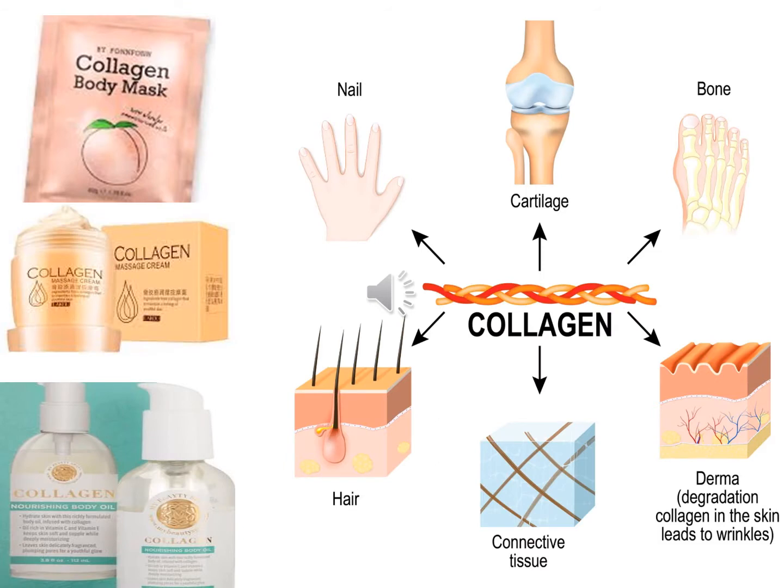So first of all, we shall talk about collagen fibers. Collagen is the most abundant protein in the human body. It represents about 30% of the dry weight. There are several different varieties and families of collagen. About 28 to 30 types of collagens have been discovered.